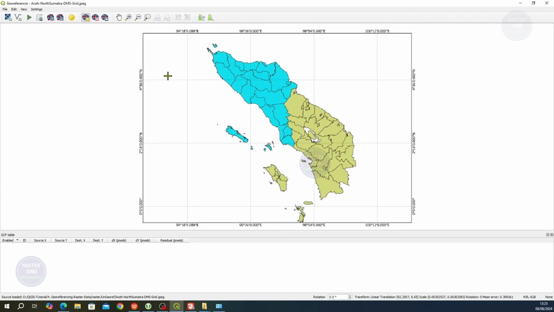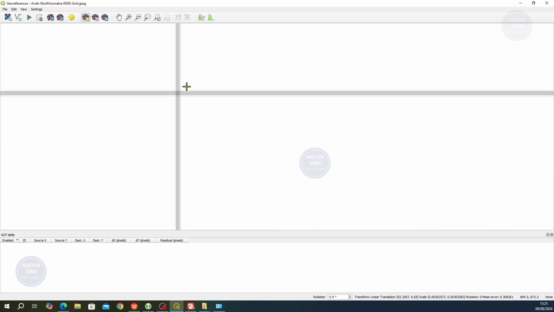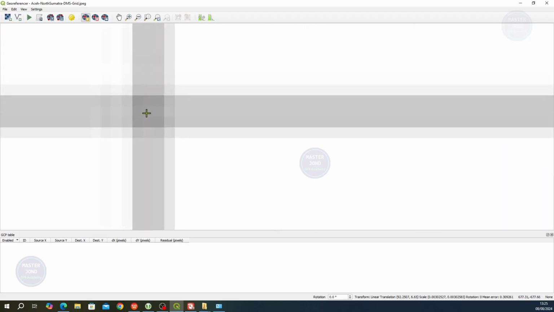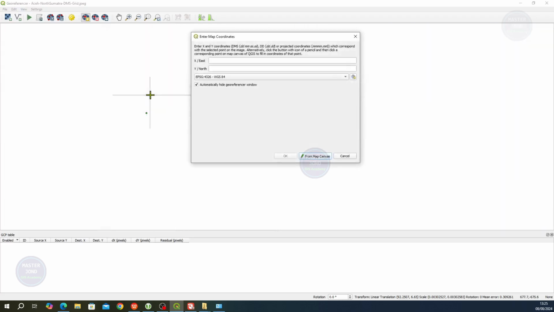Just maximize it. Yeah, you can see this is the same area, so we will reference with this point 1, 2, 3, 4, and let's get started. Don't forget to click Add Point. We scroll in to 1, scroll out,